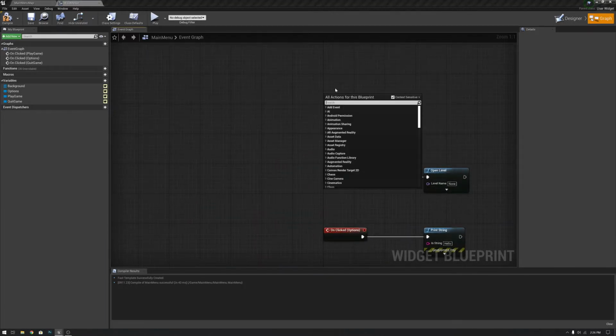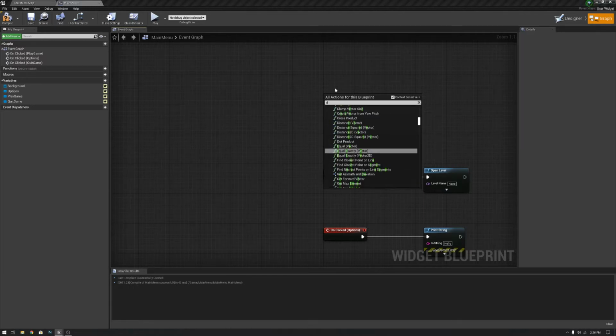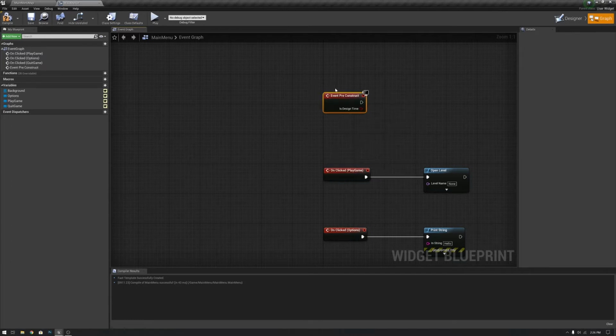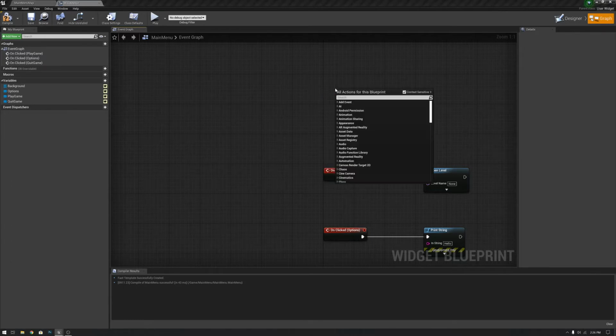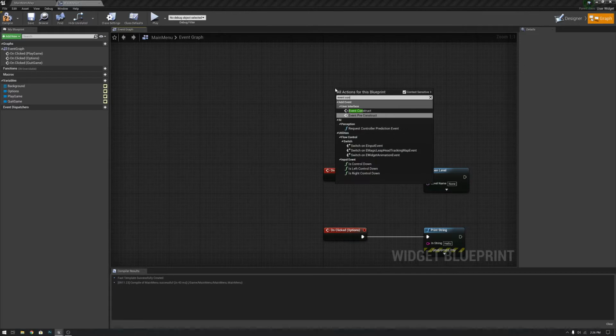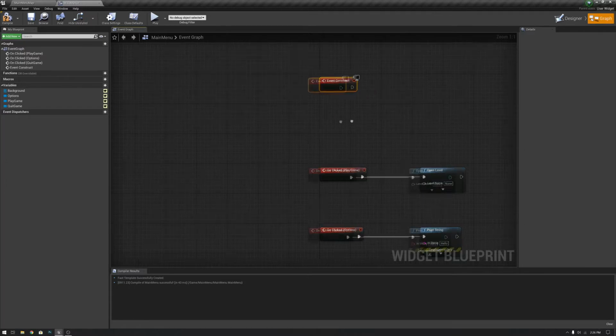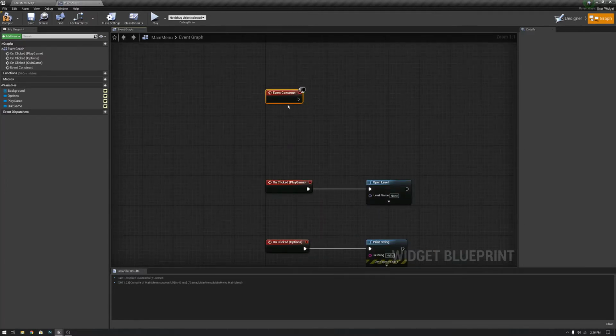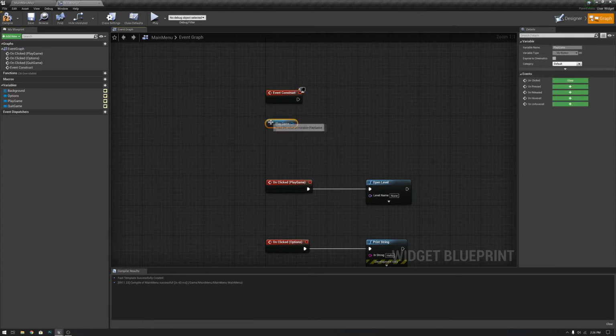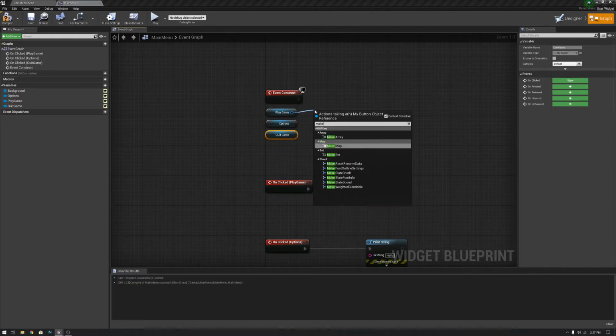So we're going to do an event construct, and we're going to make an array, because we're going to need to do that. So we're going to go event construct, not pre-construct. We don't want to pre-construct it. Essentially what this does is as soon as the widget is loaded, it fires off. So from here, we are going to want to grab each of our buttons, and we're going to want to place them in an array. So this is where our array is coming in, and this array is going to be used in multiple different spots. So we're going to get each of these, we're going to make array,